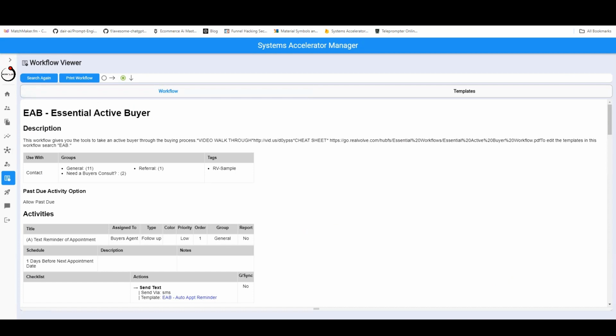From here, you can look forward to future updates in this area that will allow SAM to review this content and offer coaching on how to make your workflows better, the ability to print all of the templates at once, as well as aid in the generation of new content for your templates for your Realvolve